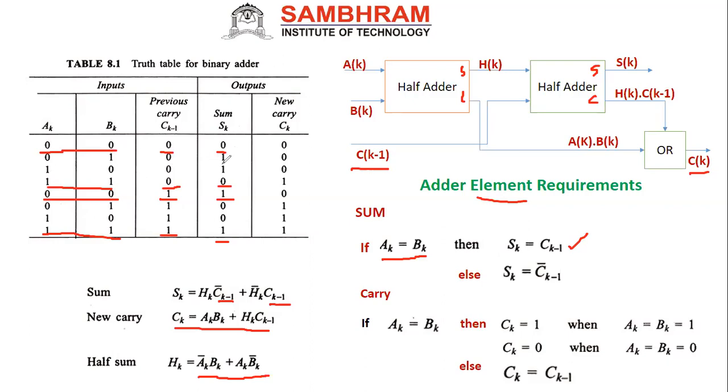Your sum. The sum here is 1, correct? The sum is 1. Here also is 1, 0, 0. Now you see the corresponding previous carry. Sum is 1, here previous carry is 0. Here this is also 0. This is 0, this is 0. Now what happened here? Here previous carry is 0, SK is equal to 1 actually. Here also the previous carry is 0, SK is equal to 1. Next previous carry is 1, SK is 0. Next here also 1, SK is 0. Now what happened actually here in this?